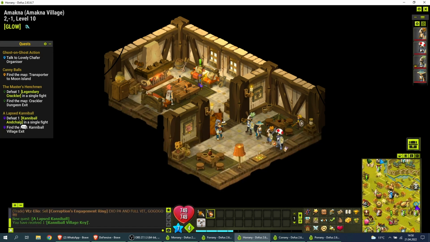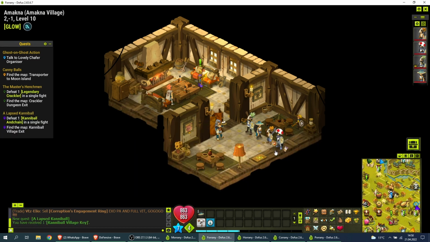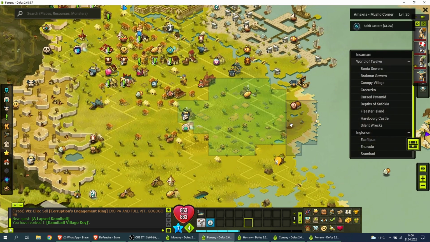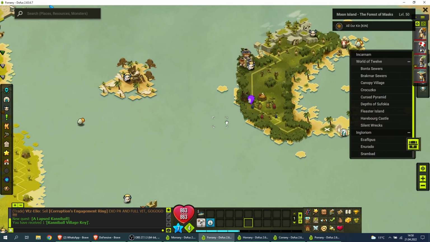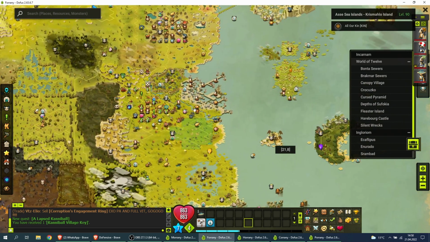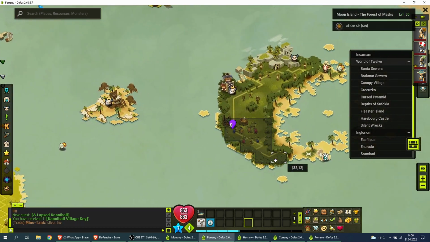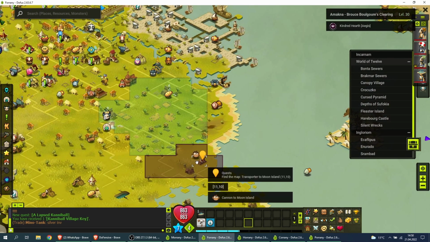It is the Cannibal Unchained. So we have to go to the Moon Island. For that you have to get to the cannon. So the Cannibal dungeon is on the Moon Island. Moon Island is right next to the Magna area here. And therefore you have to go to the cannon. And this cannon is on the map